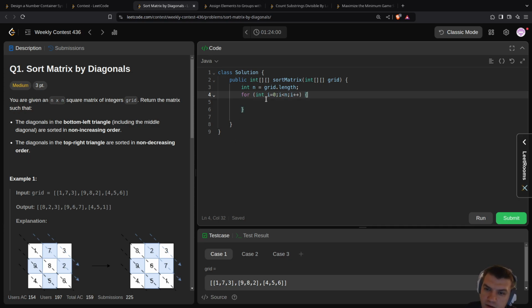Let's say diagonal d less than n, d plus plus, and then